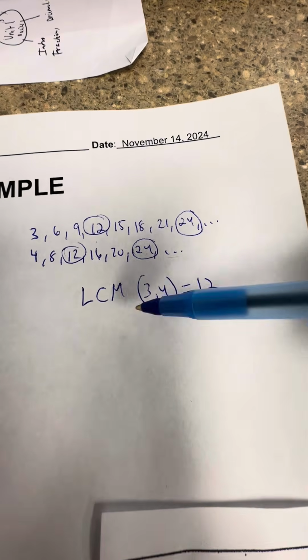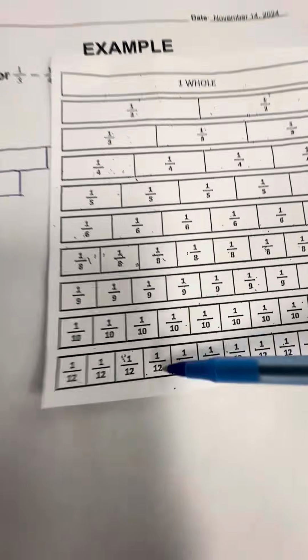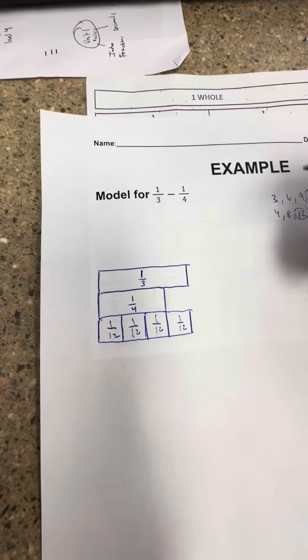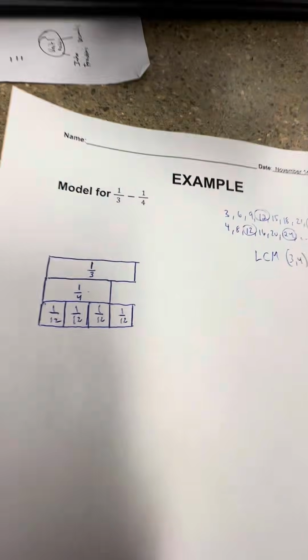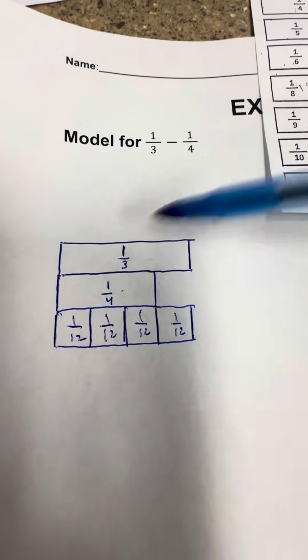Since my least common multiple for 3 and 4 is 12, I go to my fraction strip model, I look for the 12ths, which is right here at the bottom, and I'm going to trace that right underneath over here. So now it should look like this. You can see I did the model for 1/3, I modeled the 1/4. I used my least common multiple of 12 to identify the equivalent fractions we're going to use, which is in 12ths. I traced that right underneath here, and now we're going to use this model to subtract